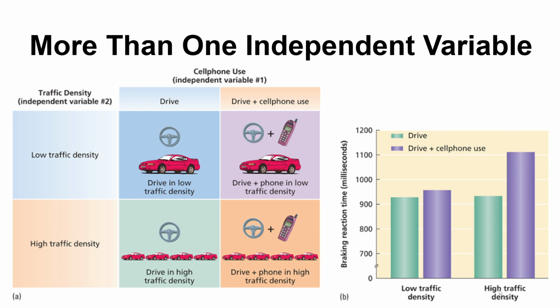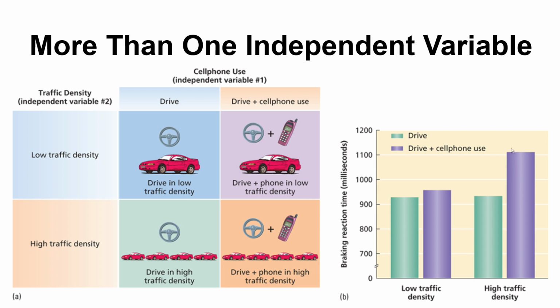Because this only shows up in high density, it's not showing up in low density, that tells us that there is an interaction between traffic density and cell phone use, because that relationship changes depending on not just one of our manipulated independent variables, but it actually depends on both of the variables that we manipulated. You have to be using the cell phone and be driving in high traffic density for us to see this